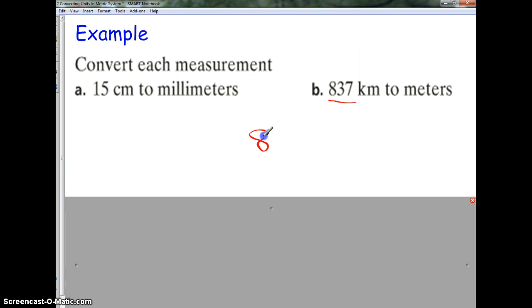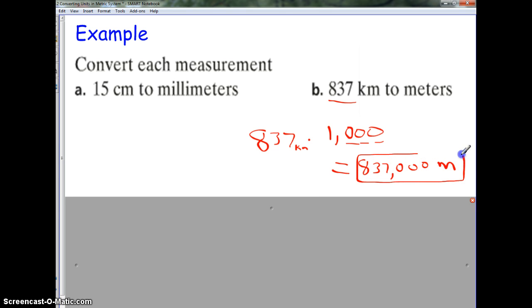So we have 837 kilometers times 1,000. Okay? And really, when we multiply by 1,000, we just add those 3 zeros on, and we would get 837,000 meters. That would be our final answer there. So if we were to convert 837 kilometers to meters, it would be